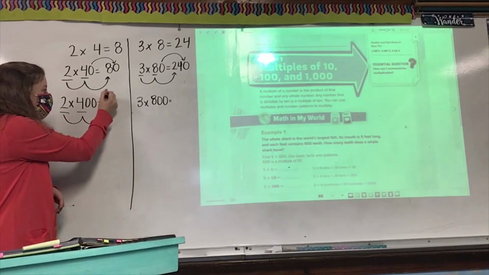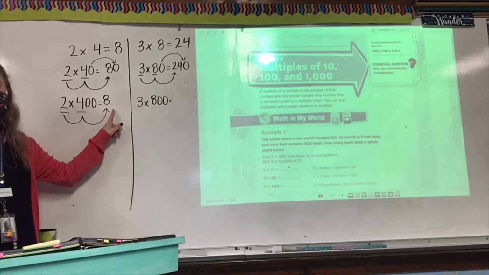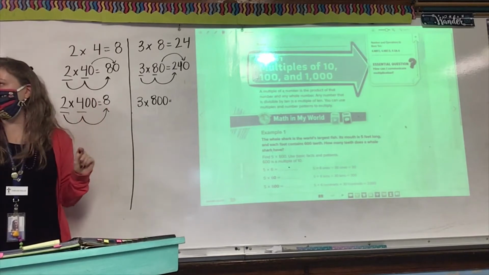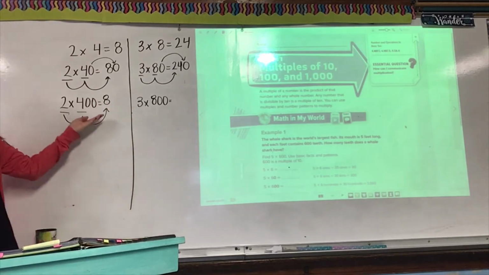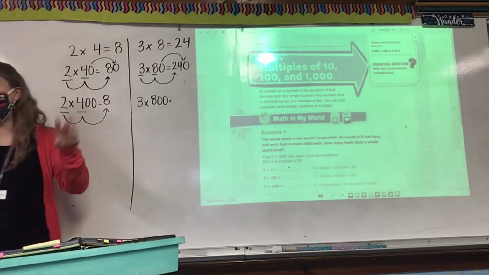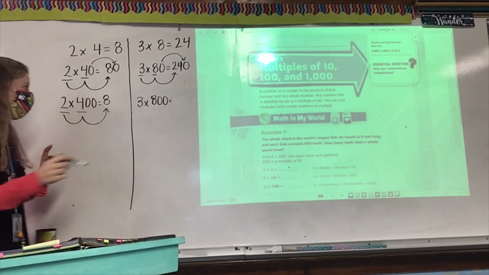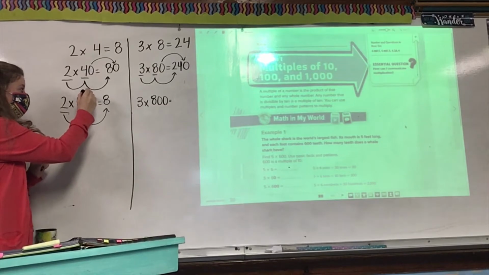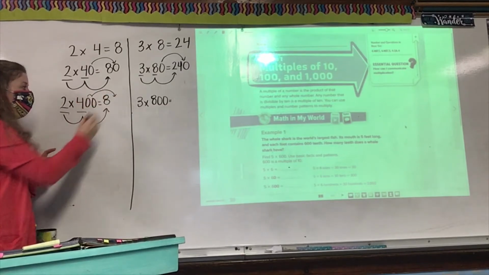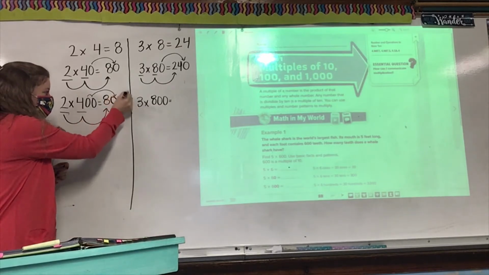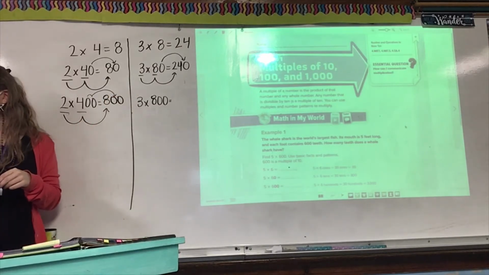And if we added 2 zeros, well, 8 plus 0 is? Is that my answer? So we don't add 2 zeros. Remember, we don't say add 2 zeros. We can move or put 2 zeros at the end. So that means 2 times 400 is